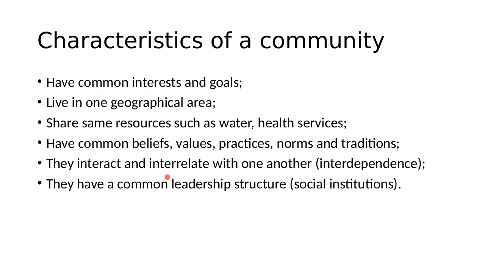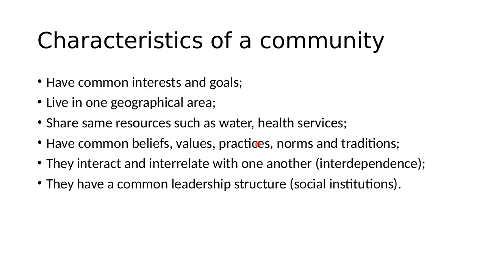Then we have common beliefs. They have common beliefs, common values, and they practice common norms and traditions. In each and every community, they have some beliefs, some values that they hold dear, some practices, some norms, some traditions that they normally share. Then they interact and interrelate with one another. They have to be interdependent. No one is independent in a community. You have to interact and relate with others in the community